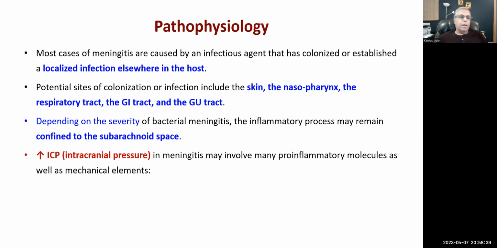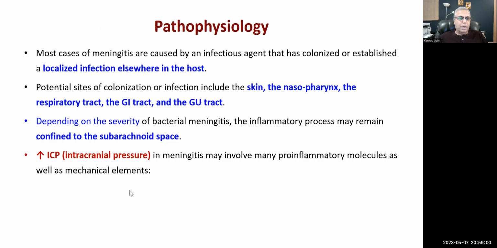fluid. Now, we can get raised intracranial pressure in meningitis, and that may involve many pro-inflammatory molecules that I'll show you in a later slide. Of course, all of those include TNF-alpha and IL-1 beta, but there are others as well, like IL-6, and I'll show them to you in the